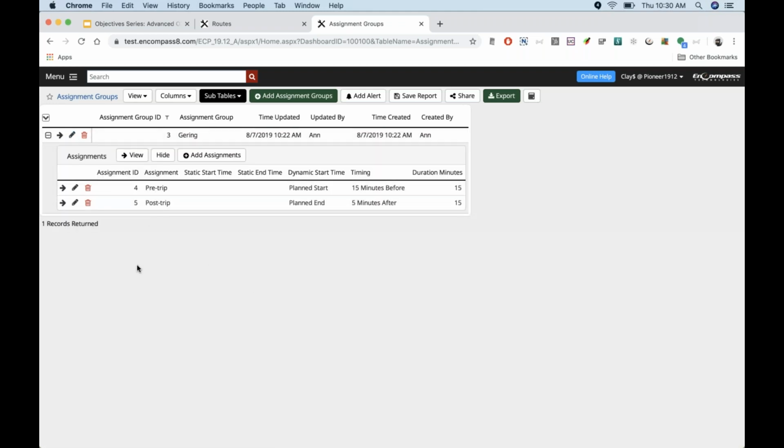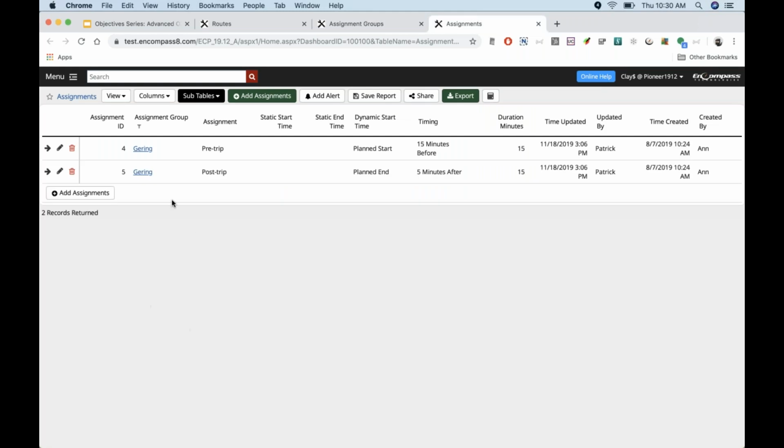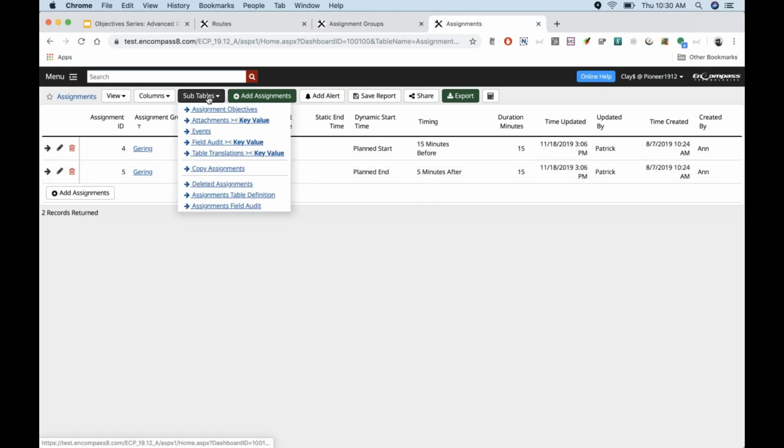And assignments define, okay, what other things do you want them to do? And what we can see here is we want them to do a pre-trip assignment, and as well as a post-trip assignment. But when we are doing a pre and post trip, what are we really responsible for doing in those assignments?